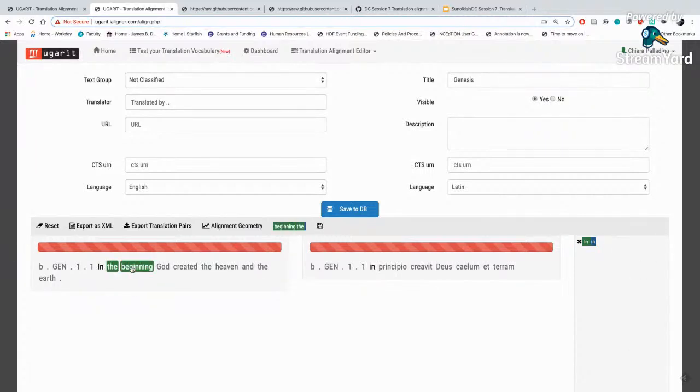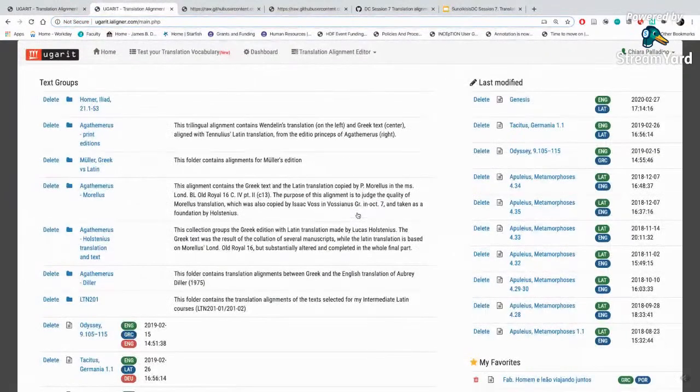But you can also align multiple words. Like, for example, I can align the beginning, so the article together with the word, with the Latin principio, which doesn't include an article. And once you're done, you want to save it to database. And it's going to appear